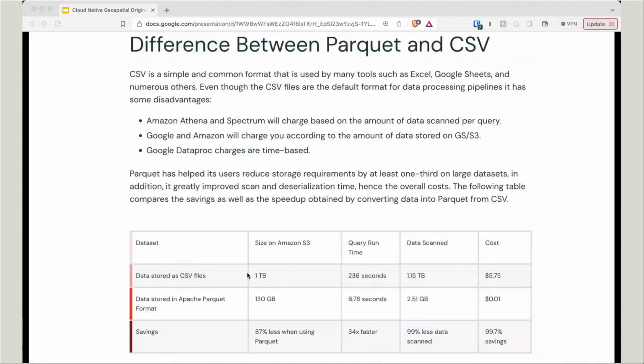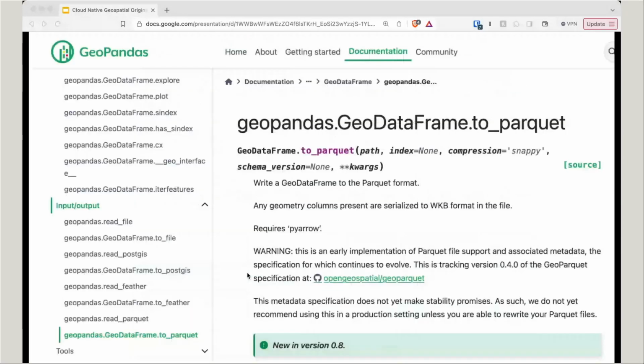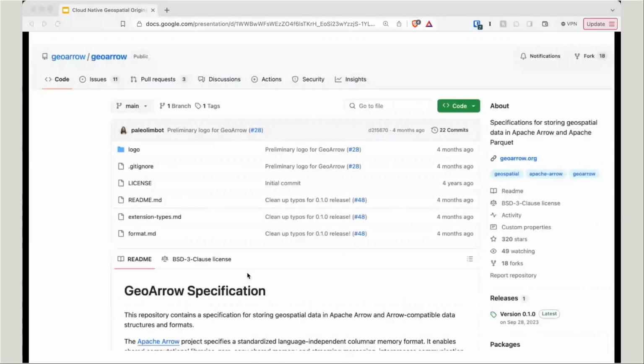because they all supported this format called Parquet that I had never heard of. It was invented in 2012 by the Hadoop community, basically as a better CSV file design for the cloud. And it's just more compact, faster, and it's seen huge adoption by these mainstream data engineering and data science teams. And it turned out the GeoPandas project was already supporting writing geospatial data to and from Parquet. And there's even the start of a standard because our users were trying to do the same thing. So we joined forces with this GeoArrow community and the OGC community and started on GeoParquet.